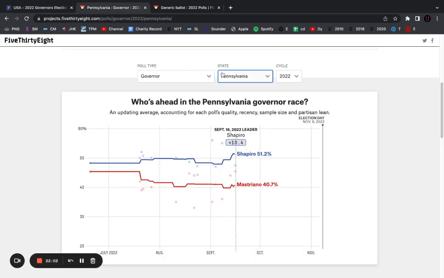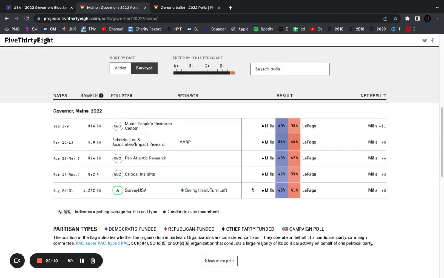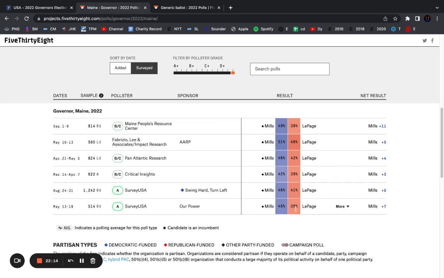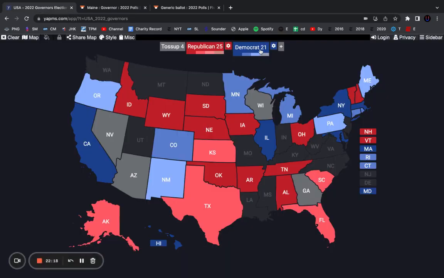Maine, similar thing here. Originally, I thought this race was going to be really close, but since the Dobbs decision, it just hasn't been there for the GOP. Again, when you take a look at the polls here, none of them have shown a Paul LePage lead. And again, he's the former governor, so you'd think he'd be a decent candidate, but Mills is also not unpopular enough to lose Maine. So I think she'll win by 3 to 4%.